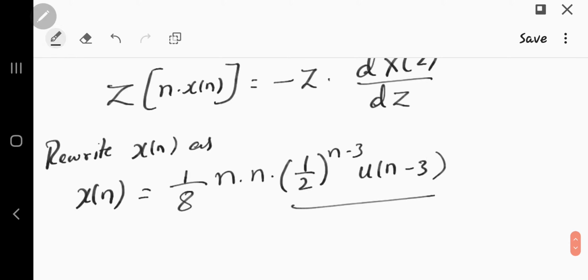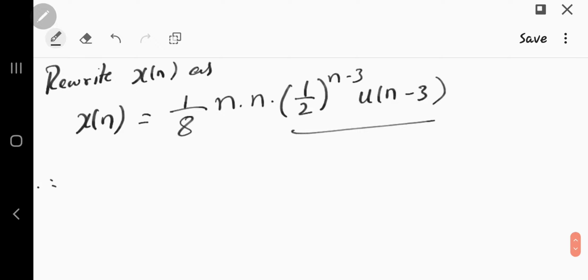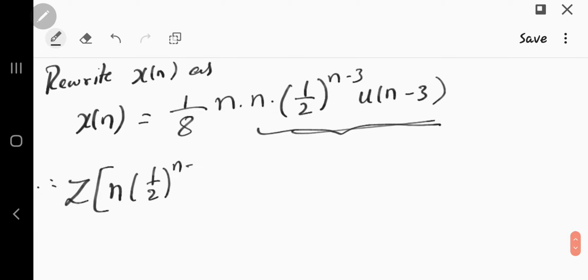I have just split that n square into n so that I can apply it in this form. So therefore I'll take the z transform of n into 1 by 2 to the power of n minus 3 into u of n minus 3. As you can see, this is a part of the input, so n into x of n. So that should give us